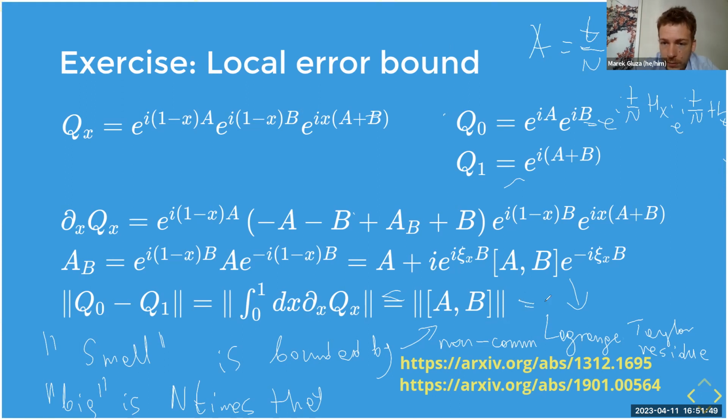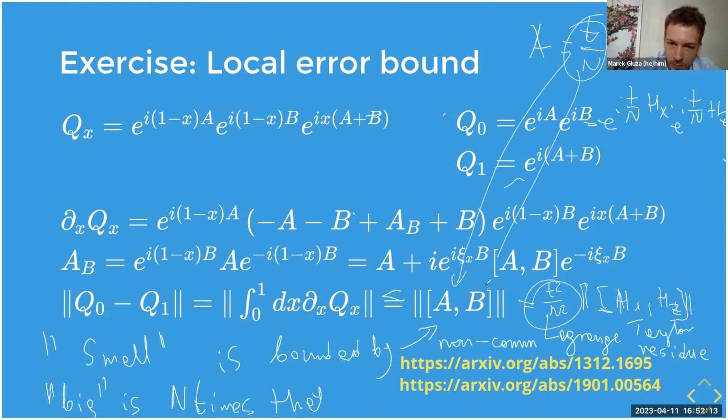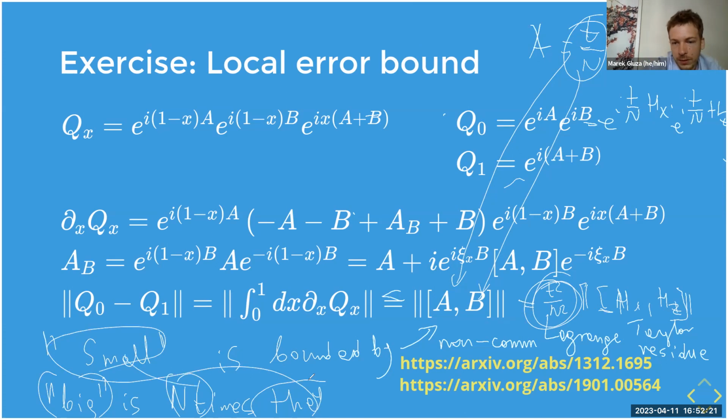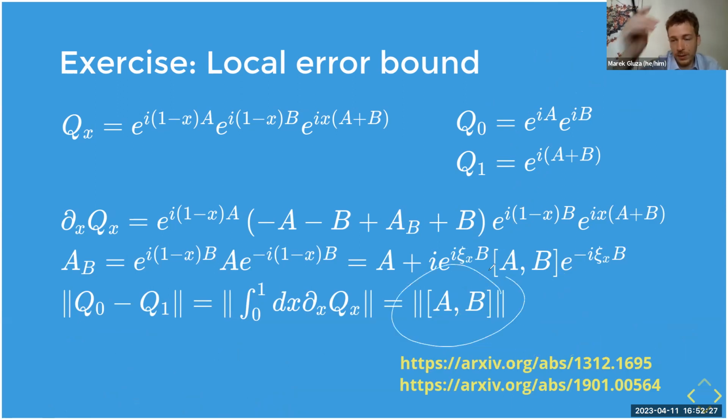So basically if we do this, then we finish with (t over n) squared and then the commutator. Almost done. Long session. Norm of hx hz. Okay, this is this commutator. That's why we get t squared, because t over n comes in here and for B also comes in here, so we have (t over n) squared. The big is n times the small bound, but we just showed that the small bound, I remove all the scribbles, is bounded by the commutator,